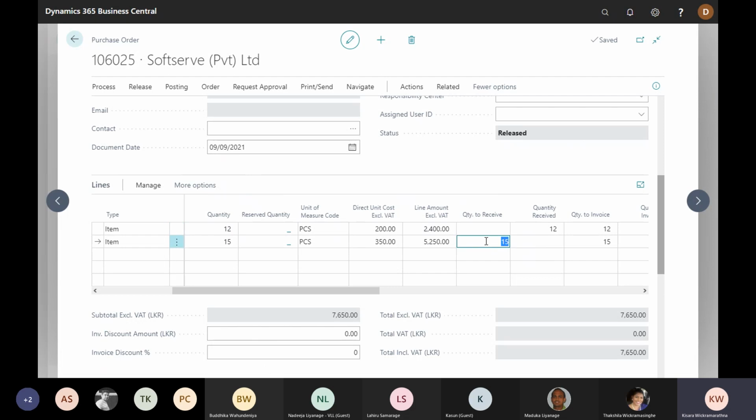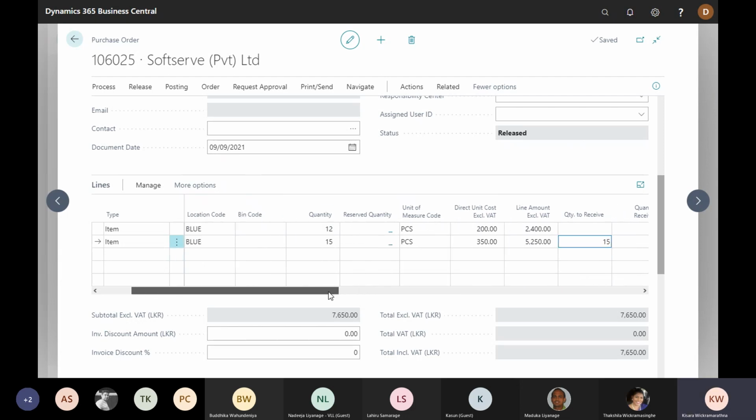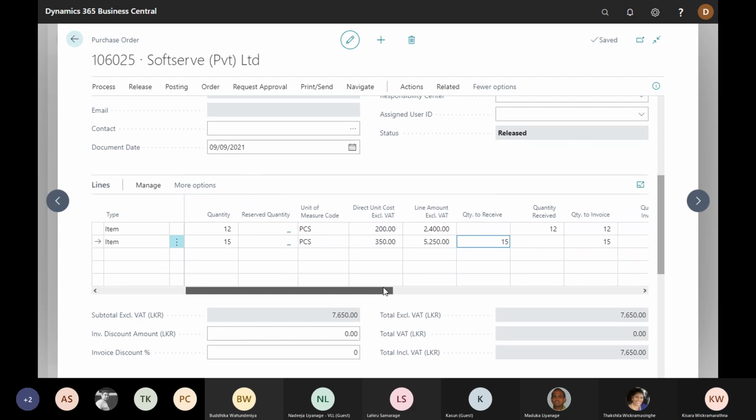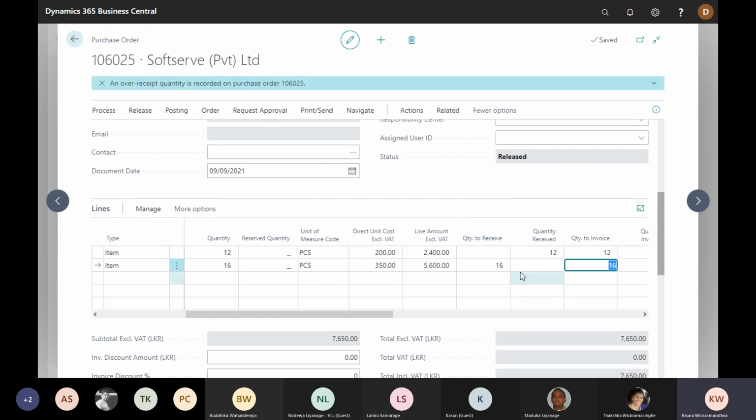Okay. In this line, I want to explain how to post an over receipt. In here, you can say the original quantity is 15, and let's say somehow the vendor is sending us 16 of these rubber bushes. To handle that kind of scenario, you need to enter this quantity to receive column as 16. As soon as we enter the 16, you can see a pop-up. It says over received quantities